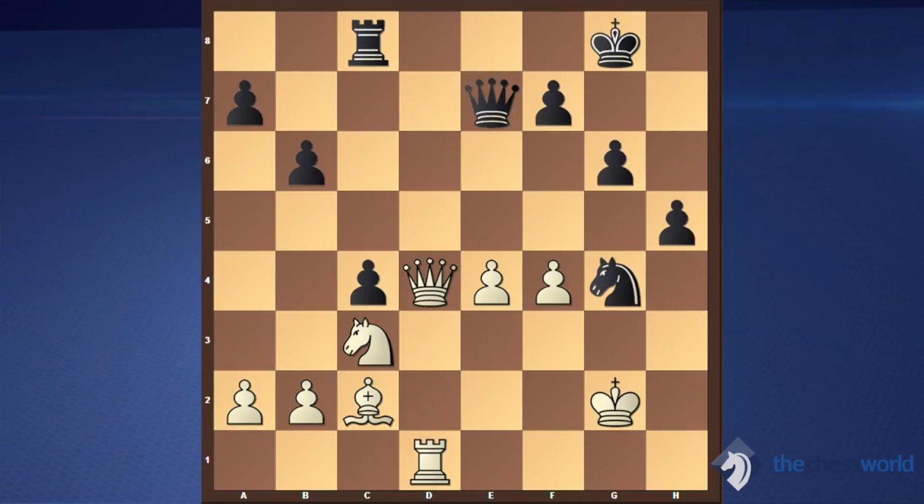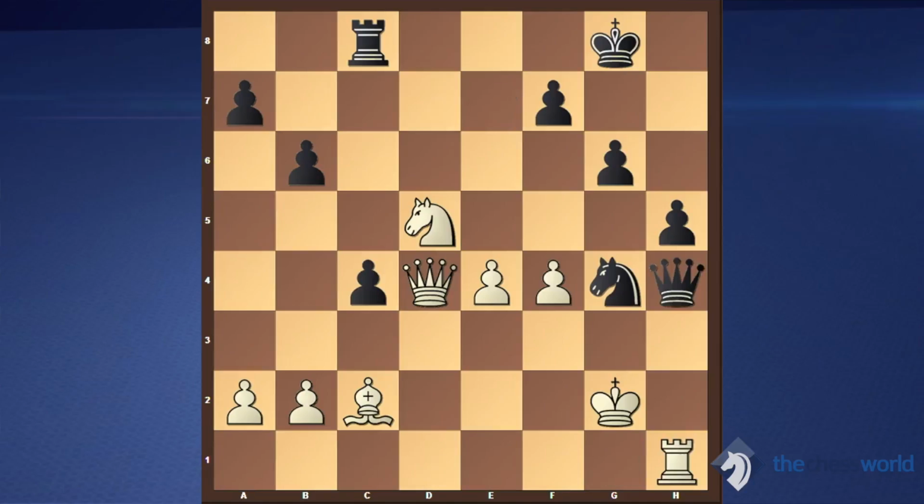Bogolubov played h5. There's not really anything else. White still controls the game, and black's attack is not going anywhere. Now knight to d5. Of course, the knight jumps in, attacking the queen. The queen could retreat somewhere, but it wasn't going to. The position was still just terrible for black. So instead he played queen h4, and after rook h1, once again stopping black's threat, queen to d8, bishop d1, and here black resigned,